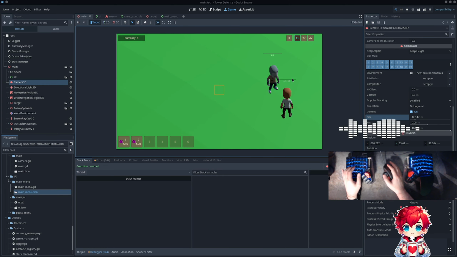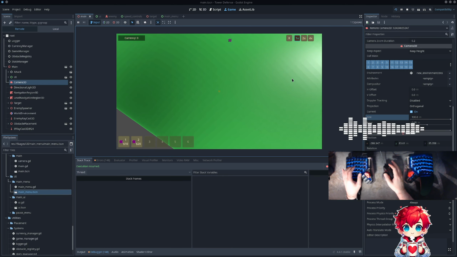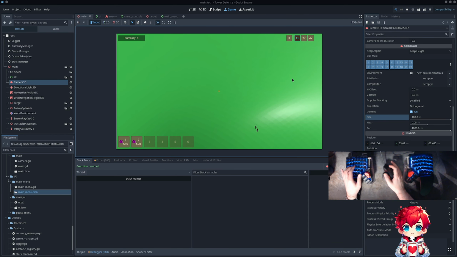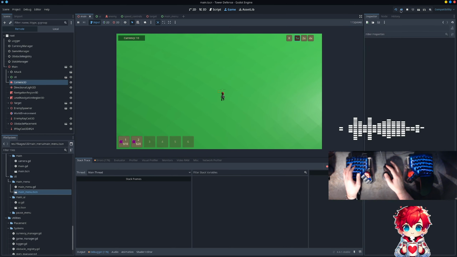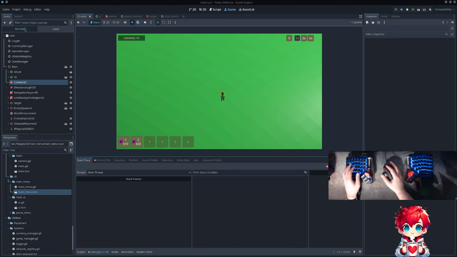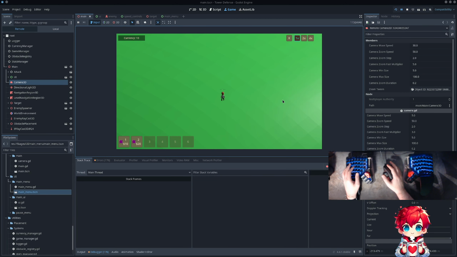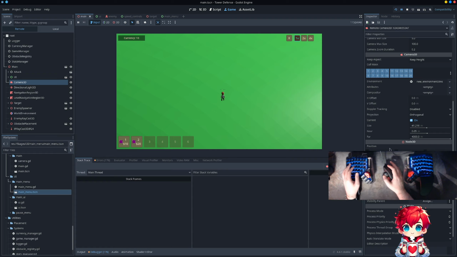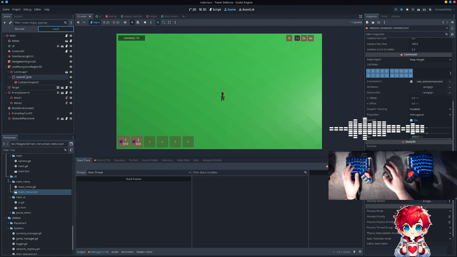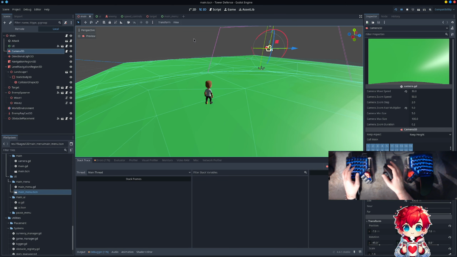And so does that fix our clipping into the terrain situation? Sure. Okay. So, great. So if I want to change the actual camera location,